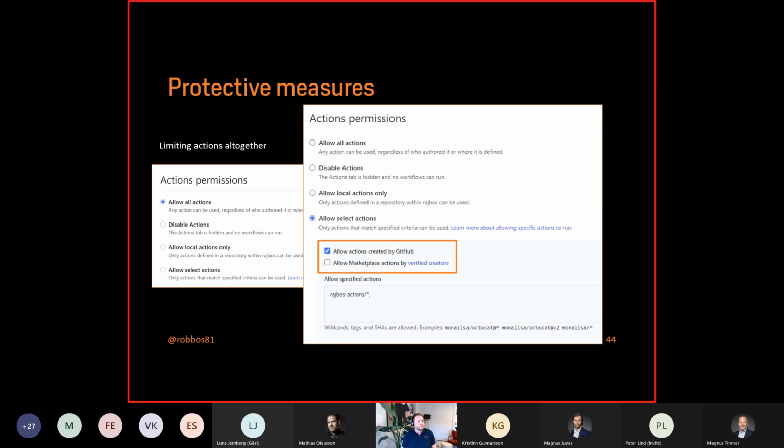You could also say, I want to only allow specific actions. For example, actions created by GitHub. Well, I trust the GitHub engineers, and they probably have a good setup where they only allow signed commits, for example, to a repository, or that the maintainers who can authorize the pull request to be merged have two-factor authentication set up, maybe even have to be a valuable member of the community. Maybe only GitHub employees can do that, I'm not sure. But I trust that GitHub has a good security stance around that actions set. The secondary check mark, of course, doesn't really add any value in my opinion.